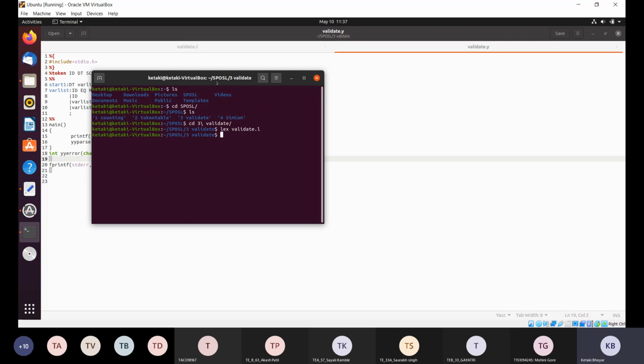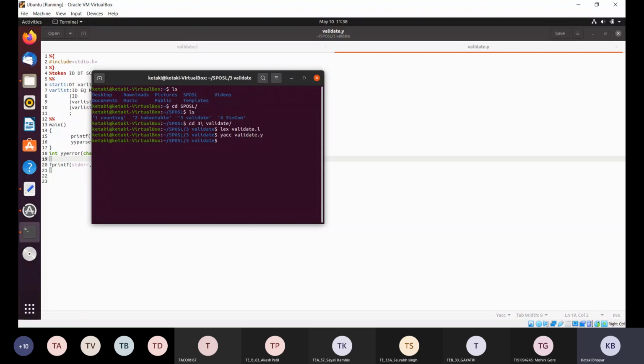After executing this, the lex.yy.c file will be generated. Next is the .y file. So yacc validate. Here we are implementing the syntax analyzer. Yet Another Compiler Compiler, yacc. So yacc validate.y.